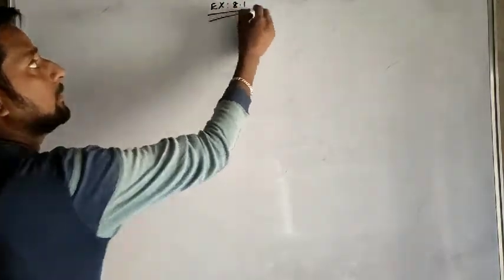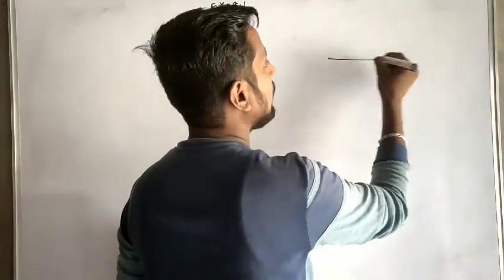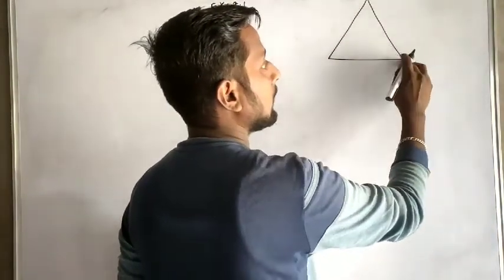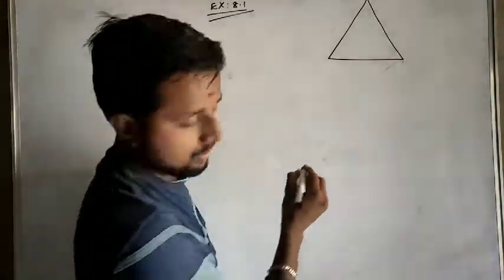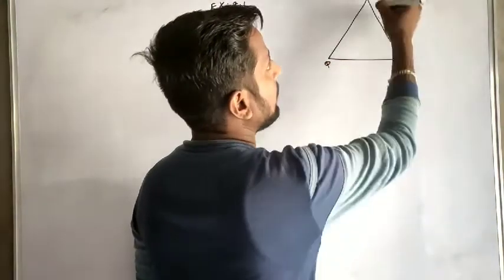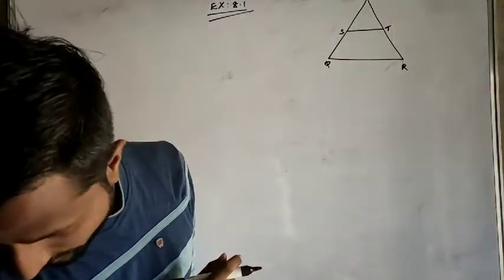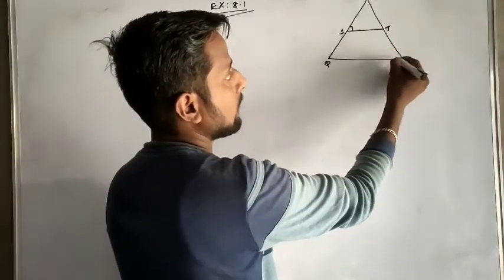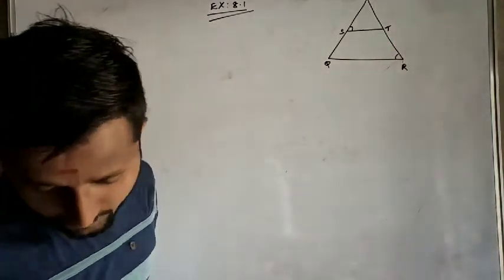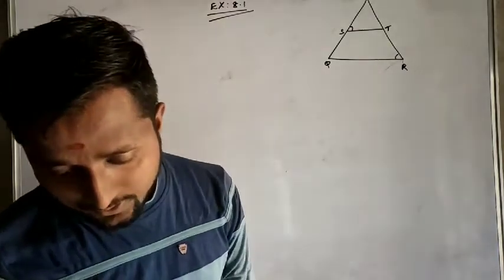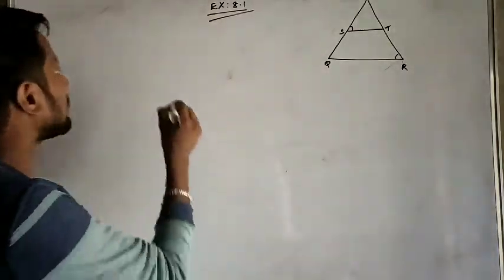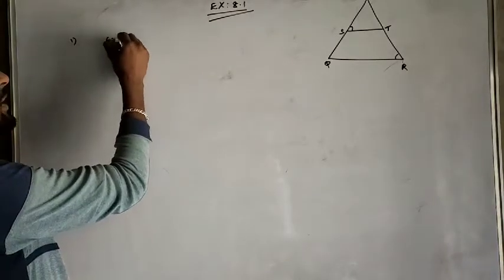Exercise 8.1, your first problem. Already we discussed yesterday about similar triangles and their properties. First, the given diagram is Q, R, P and S, T. The given information is: in triangle PQR, ST is drawn such that, in the first problem, given that